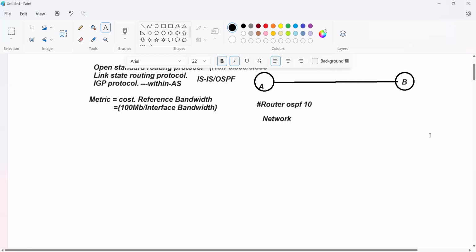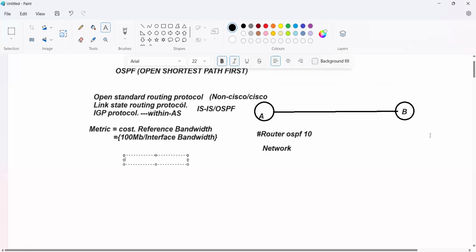A Fast Ethernet link has 100 Mbps, an Ethernet link has 10 Mbps, serial has 1.544 Mbps, and 1 gig has 1000 Mbps,